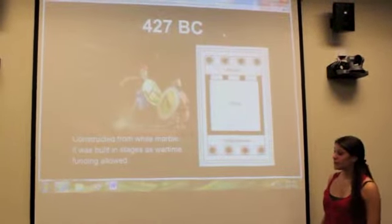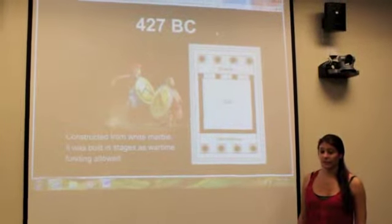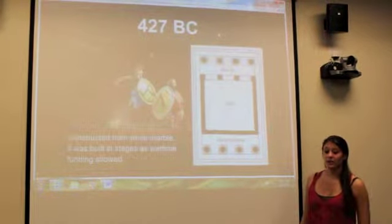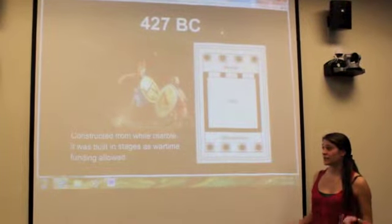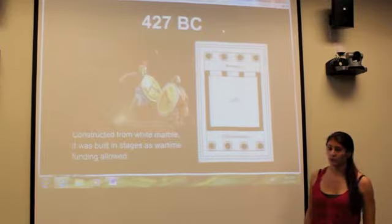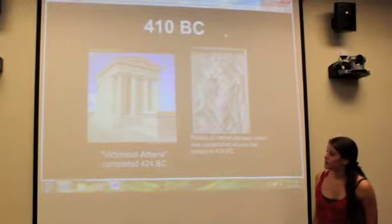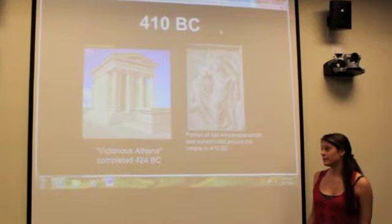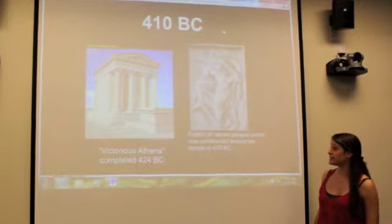So in 427 BC, they started the construction of the Temple of Nike. This was 2 years after Pericles' death, and it was constructed from white marble, and it was built in stages as wartime funding allowed, because this was during the unrest of the Peloponnesian War. The actual building of the temple was completed in 424 BC, but sculptors worked on it until about 410 BC,